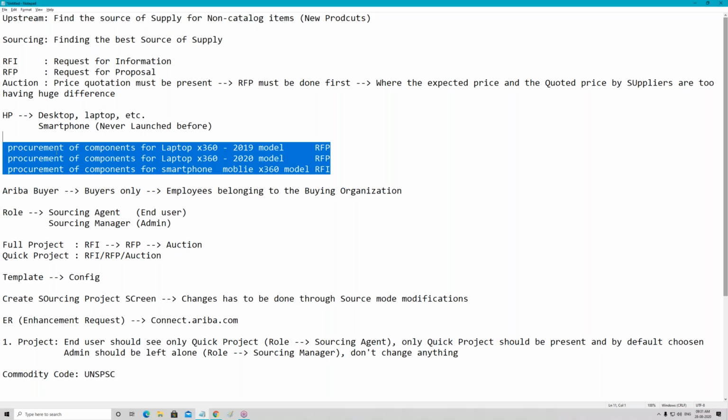Okay. I just wanted to get it in terms of HP. HP is needing some kind of goods, right? Are they creating an auction? I mean, are they starting a sourcing event saying, hey, I need this? No, yeah, supply information services, right?